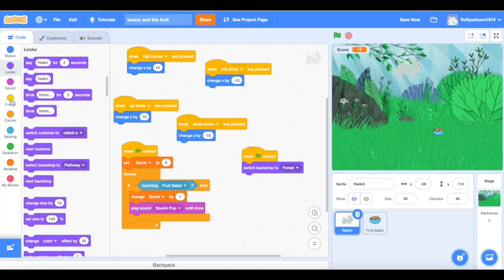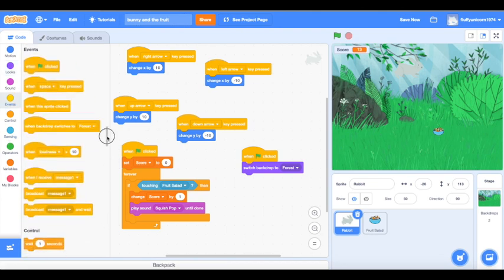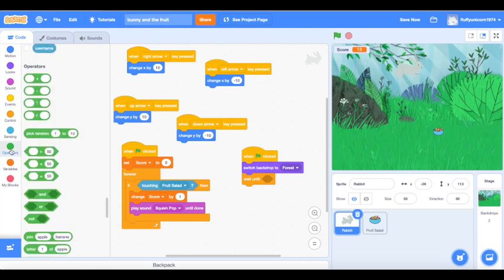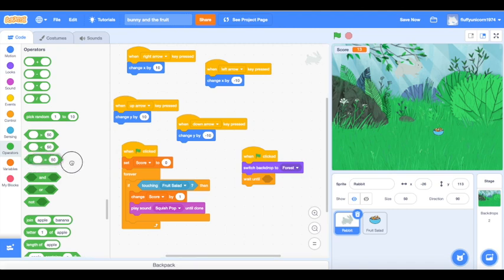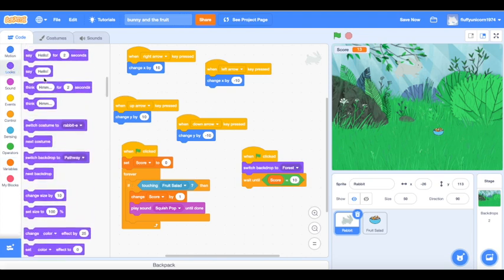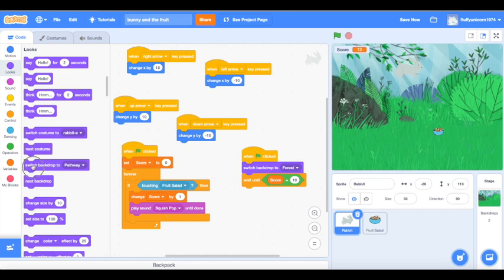And then we are going to wait until. I'm going to go down here to the wait until block, pull that out. Wait until, and we want to wait until the score equals 10. So we're going to change this one to 10. 50 would be a very long game. We're going to go back down to our variable and grab our score variable and drag that into this space here. So wait until the score equals 10,